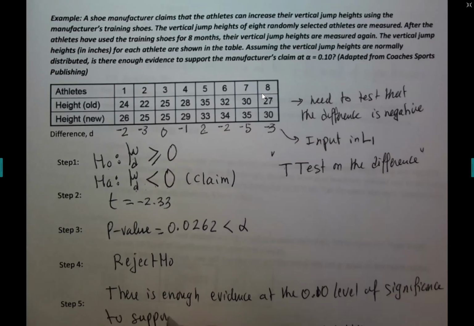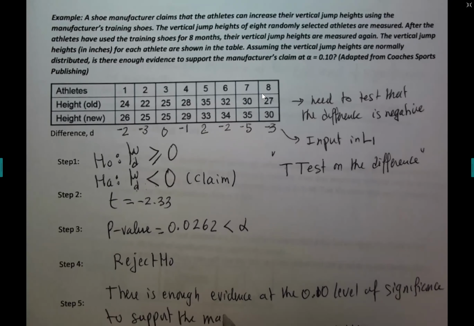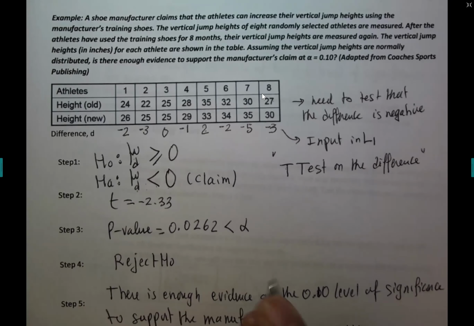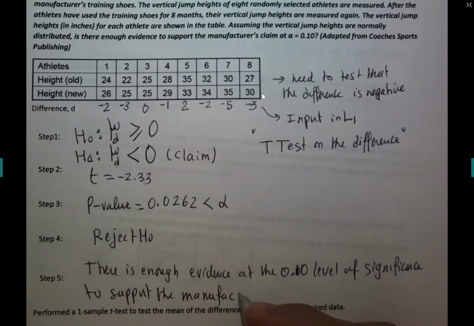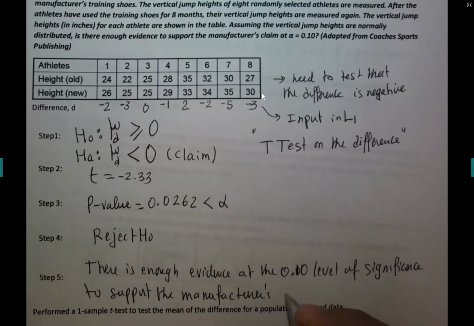And we noticed it was working for most of them except for 2. So in general, it was gonna work to support the manufacturer claim that the vertical jump heights will improve as a result of wearing their training